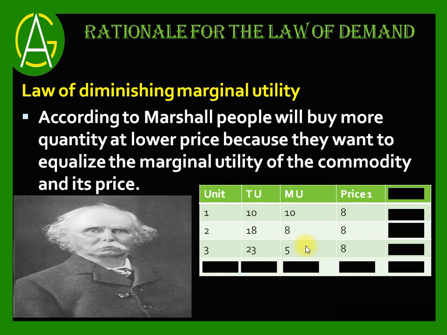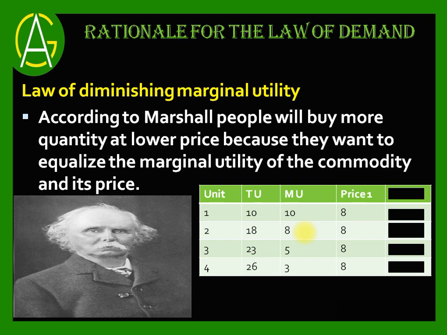Again, if he does not stop here, what will happen? If he purchases the fourth unit, the satisfaction is 26, the marginal utility is 3 and the price is 8. He has spent 8 rupees, but he gets the satisfaction of 3 only, so he is in a loss of 5 rupees. So the person should stop purchasing at 2 units when the price is 8 rupees, because at the